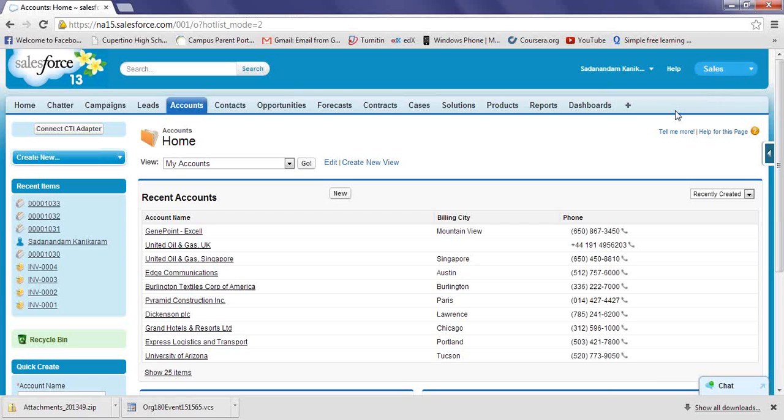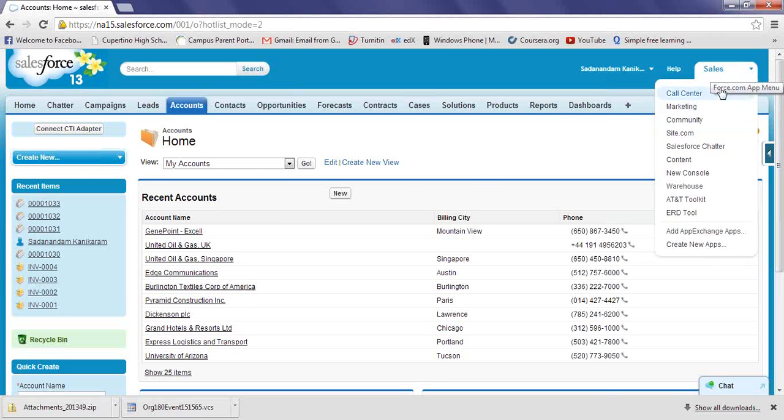Okay. Now I was explaining to you, right? CRM consists of three functionalities or modules: sales, marketing, and service. And Salesforce is addressing those three functions, which are departments. If you click on this down arrow, you see all of these applications, like call center and marketing. We are already in sales, right? So that's why it won't show.